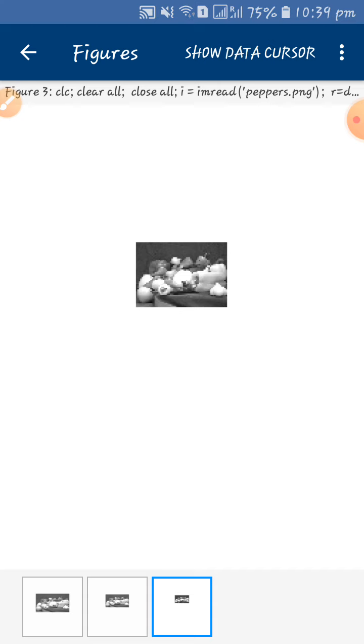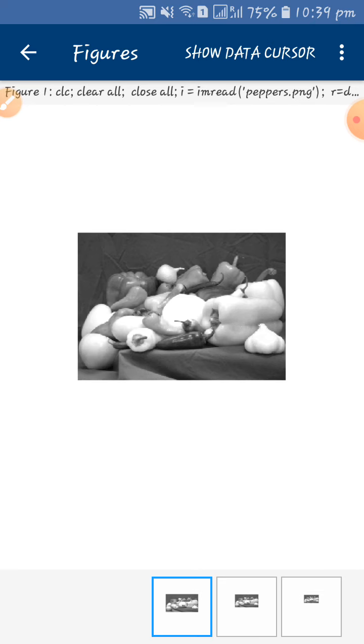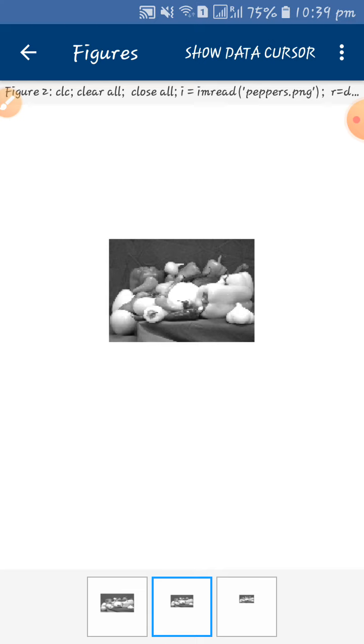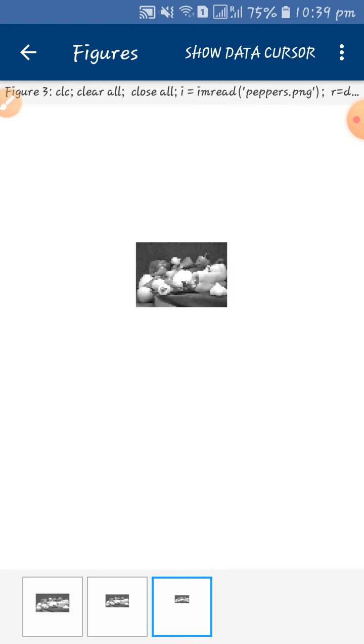As you can see, as the image sample size is reducing, the image resolution is also reducing. First, when it is in the size of 256, it has some lesser resolution. Here at the size of 128, the resolution is much lower, and when you look at the 64 sampled image, the resolution is very low. Resolution is how clear the picture is. That is what the resolution is.